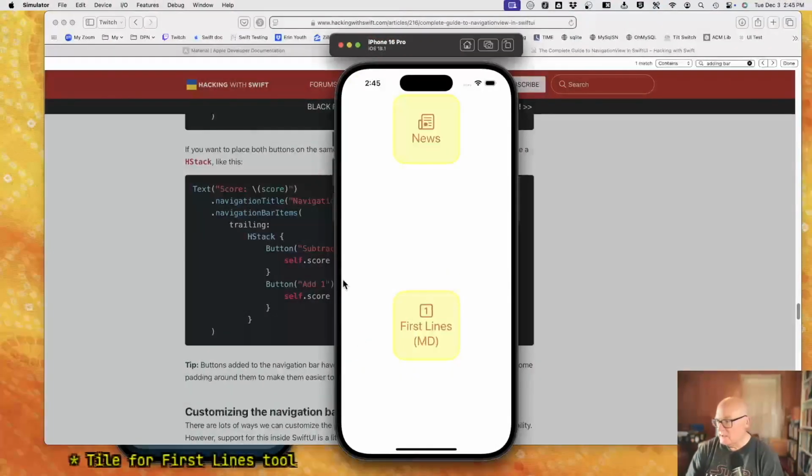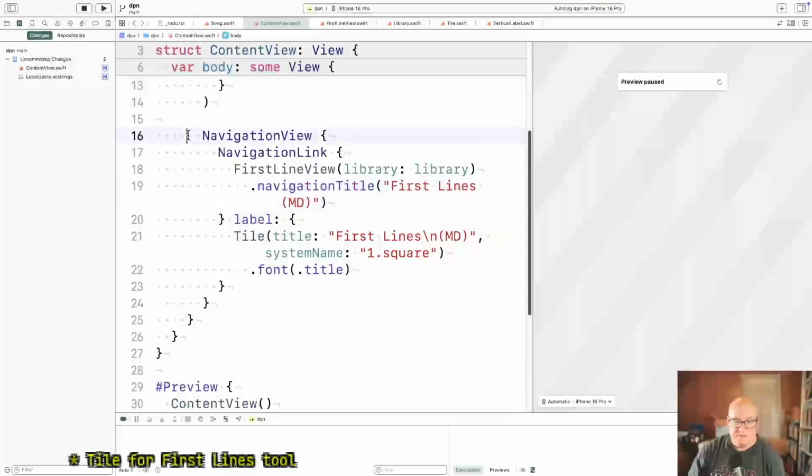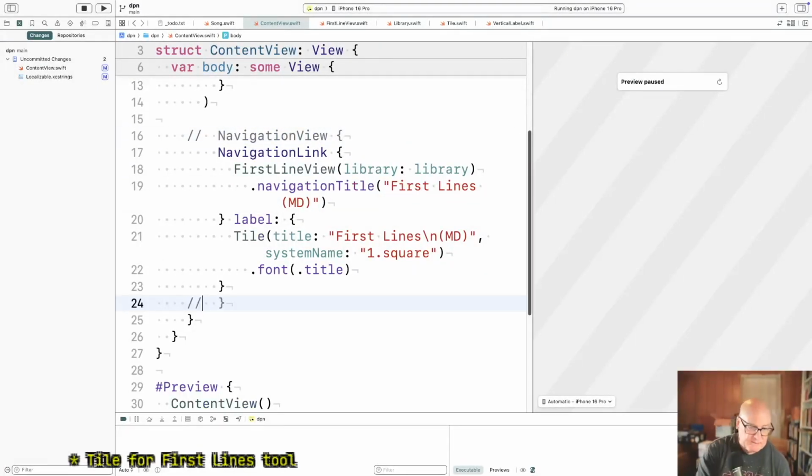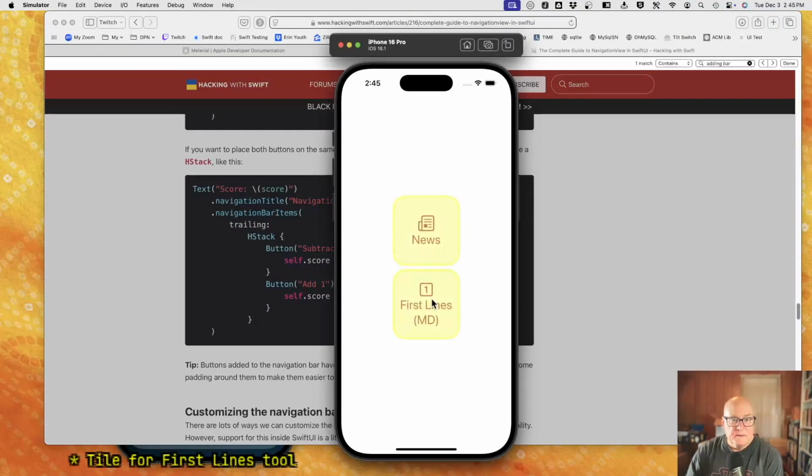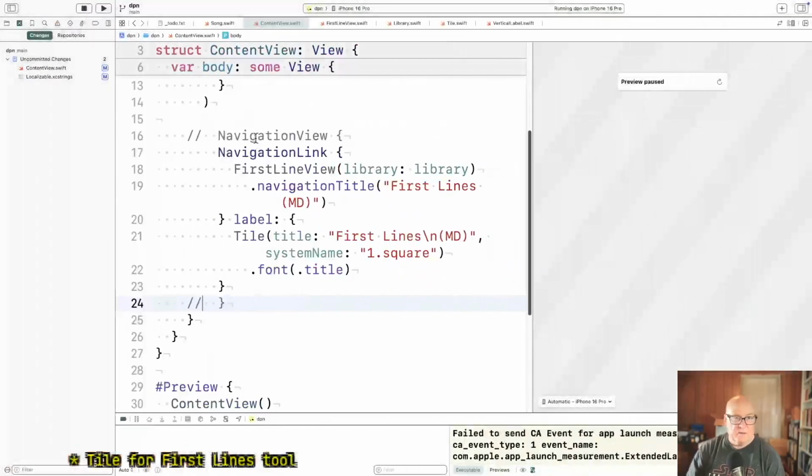I don't know if I take... Yeah, I was just going to say, what if I remove navigation view? Does it change anything? Okay, well that does affect that. That looks okay. Yeah, I think that's kind of what I want here. Although I'd like them organized in a grid, but